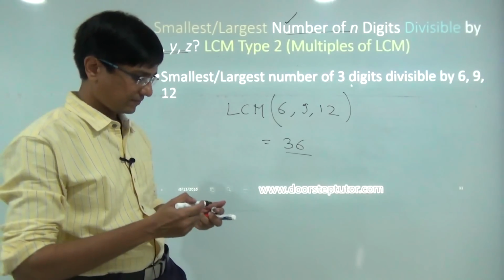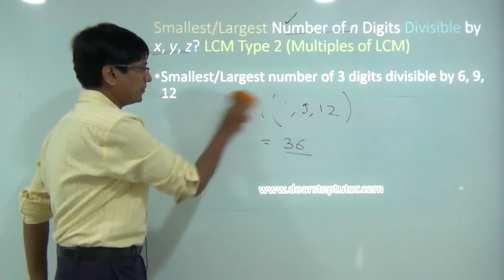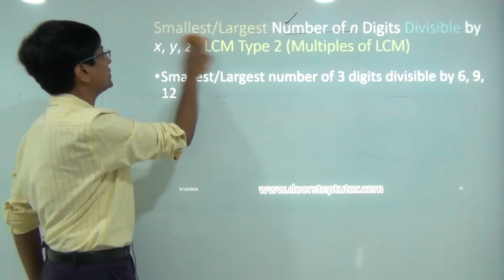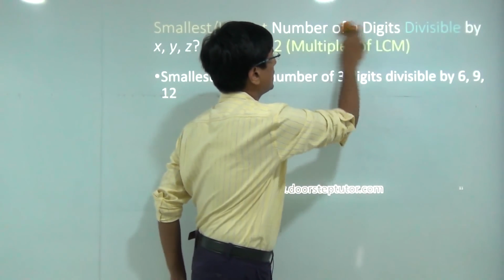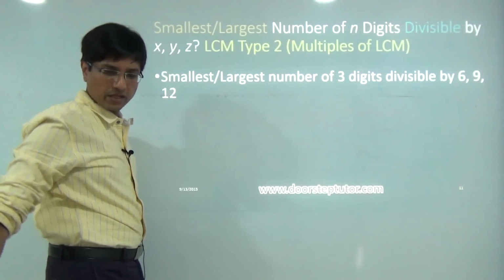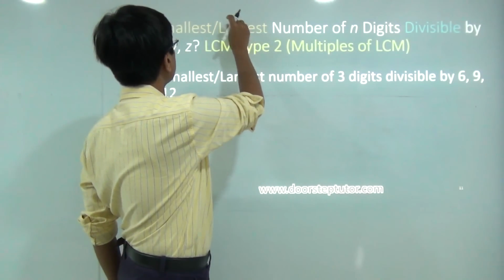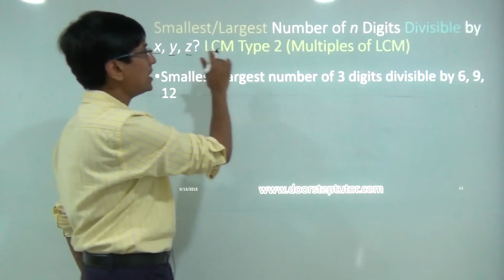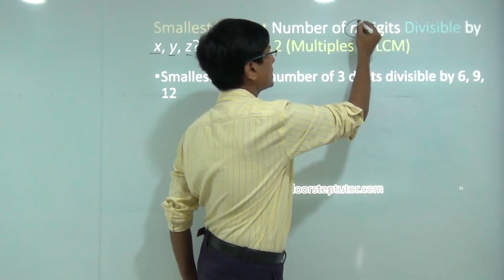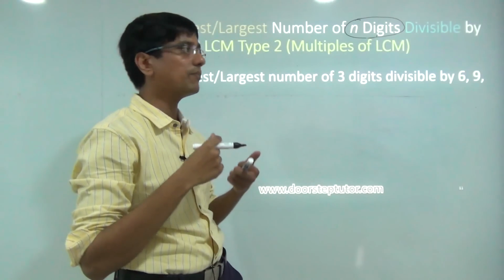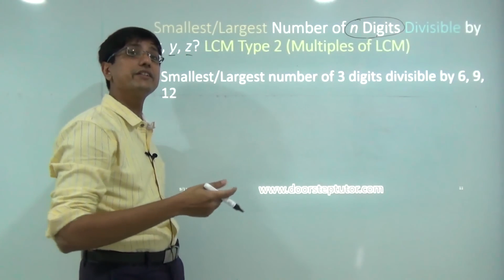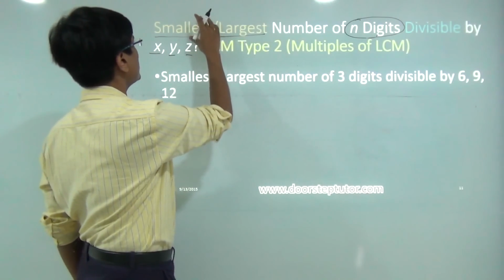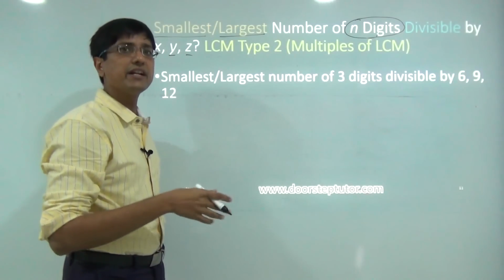Moving on to the next example. This is not really purely a problem of LCM, but it starts with us finding the LCM, and we have to go a little further. Not only have I been asked to find a number which is divisible by x, y and z, but there is another condition on that number. It should have some number of digits, for example, a number of 3 digits or a number of 4 digits. And I have to look at another keyword: it should either be the smallest or the largest number of 3 digits or 4 digits.